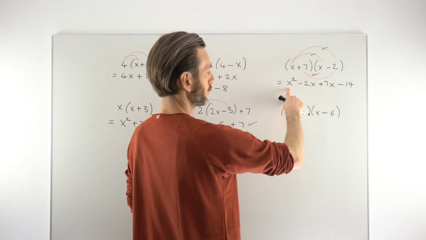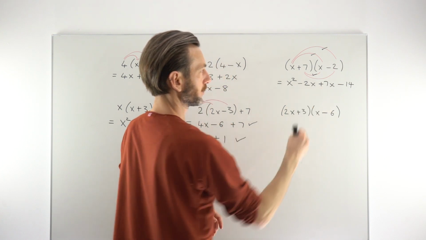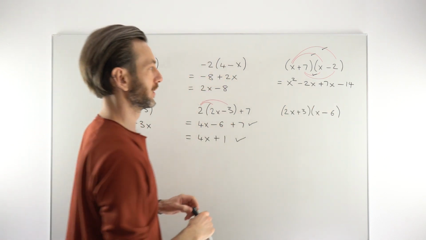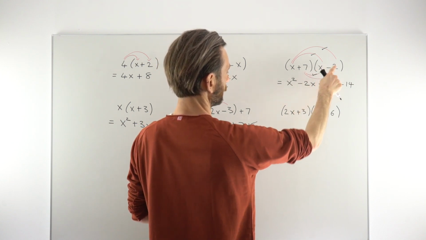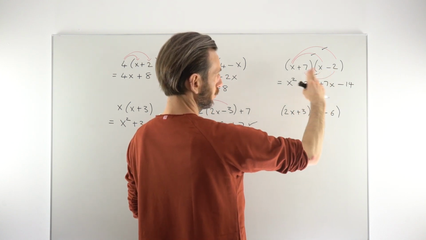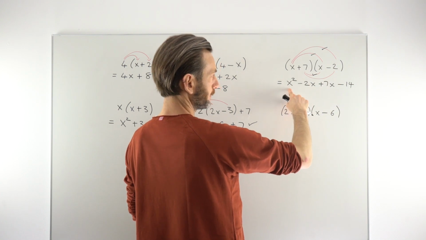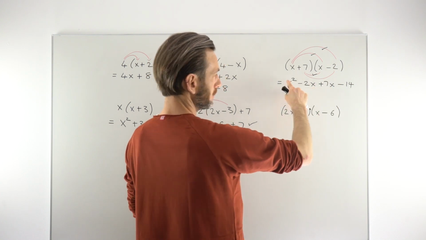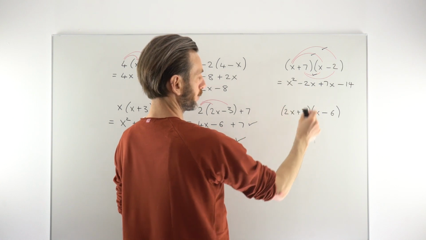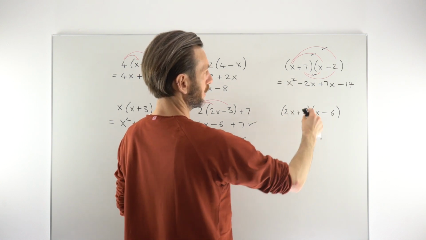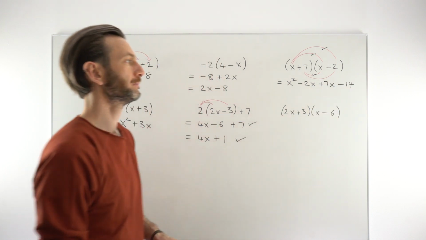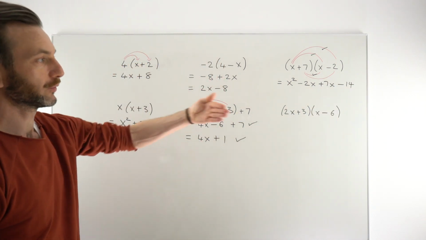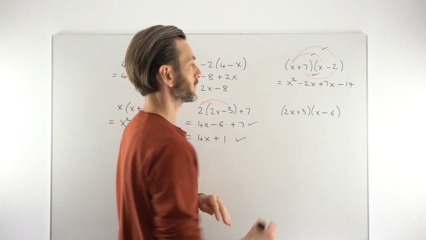So you've got your x squared, your x terms, so you're always going to get x terms for these, because usually these brackets are x plus a number, x plus a number. If you do it in this order, you'll get an x squared, or maybe a number times x squared, so this one will be a 2x squared, but some kind of x squared, then your x terms, and then your number. So when you multiply those out initially, you get 4 terms,